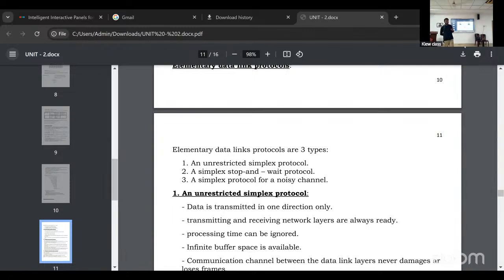Due to noise, traffic, congestion, pollution, the frame will be lost. The frame will be lost means within a time the frame does not arrive. The frame is lost. I don't know where it is lost.